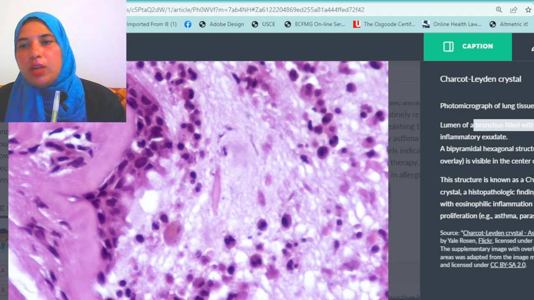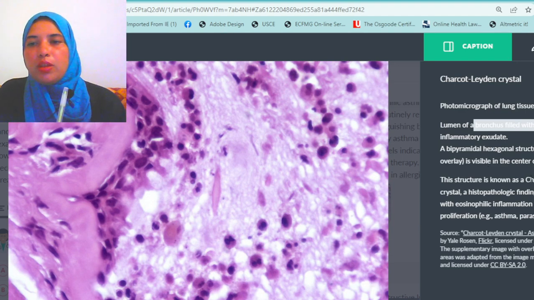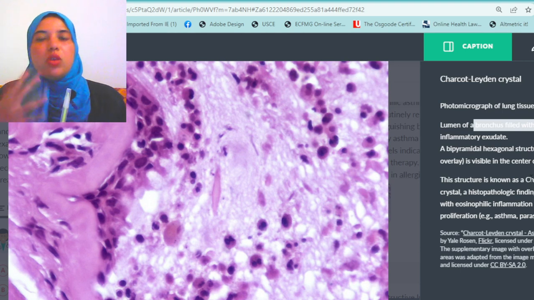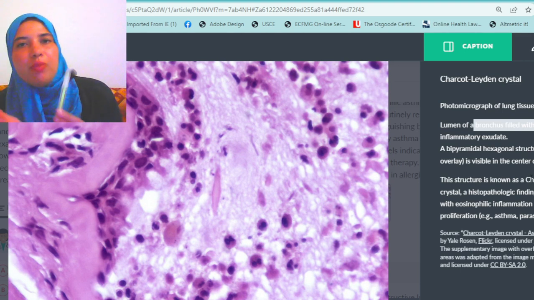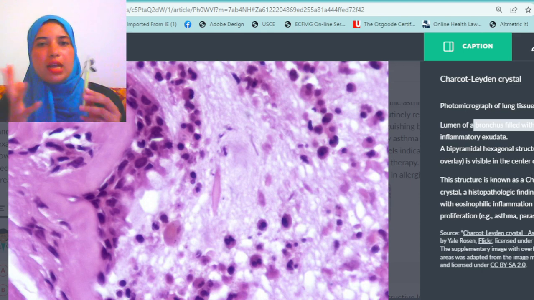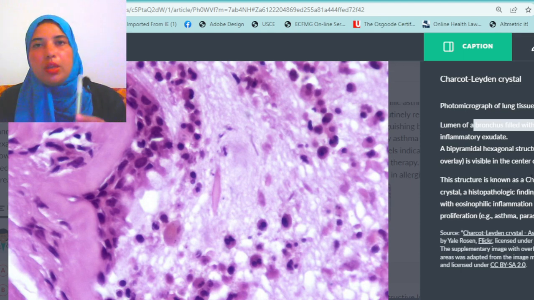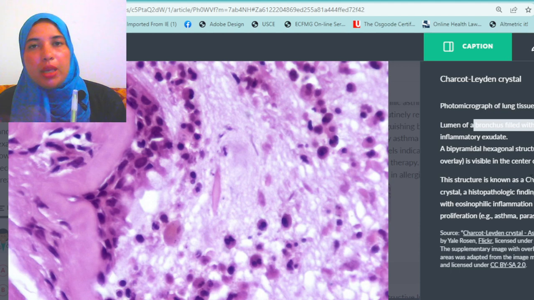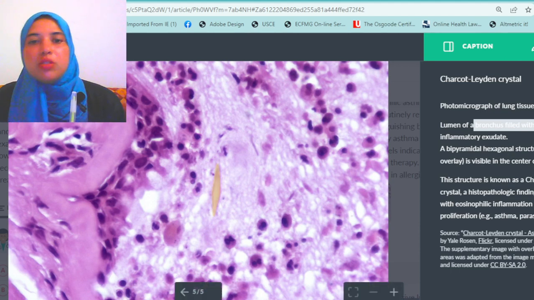This structure is known as the charcoal-laden crystal, a histopathological finding in patients with eosinophilic inflammation. Okay, so say I'm just looking at this, but I don't know what I'm looking at. Where is this crystal, or what exactly is it that I'm supposed to be looking at in this microscopic image, right? The nice thing about AMBOSS is you can select overlay, and it will tell you exactly where to